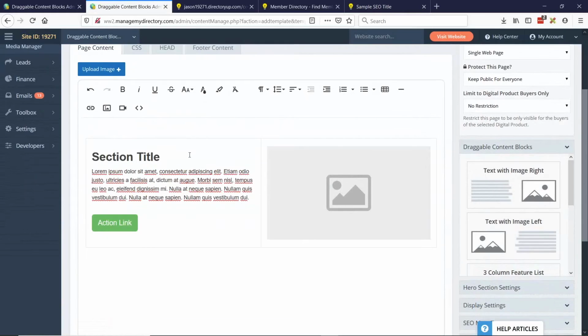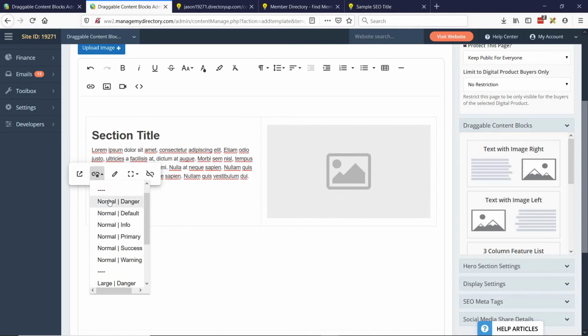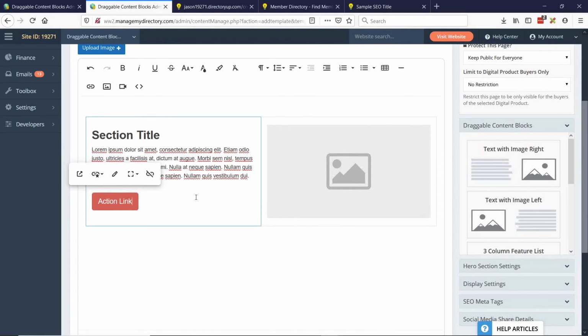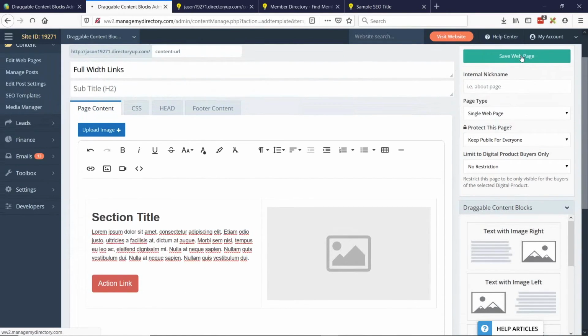So up until now, as you might recall, when you add links, we added the ability to actually turn links into buttons, and the button colors would match the color settings you have in your design settings. So just to give you an overview here, under style here, you can choose the color of and size of the button. You can choose from normal sized or larger sized. And I'll just do large danger just to change it here. And up until now, this would be it, and it's great. You can add a button. Let's save the changes and look at what it looks like. All right, and we'll click on View Page.